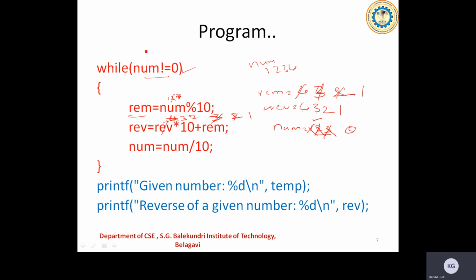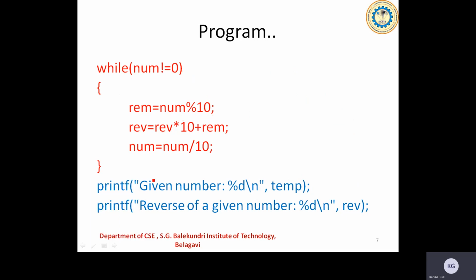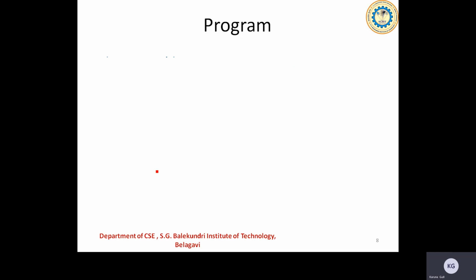So now I'll come back here. If I check, this has already reached 0. 0 is not equal to 0. It's not true there. So now I'll be coming out of the loop here because this condition has become false. So once you check, the given number is 1, 2, 3, 4. The reverse number is 4321. Now you are going to cross verify these two, whether this number is equivalent to this number or not. If both are equal, then I say it's a palindrome. If they are not equal, I'll say it's not a palindrome. This is how the inner loop, or the while loop, is going to work there.